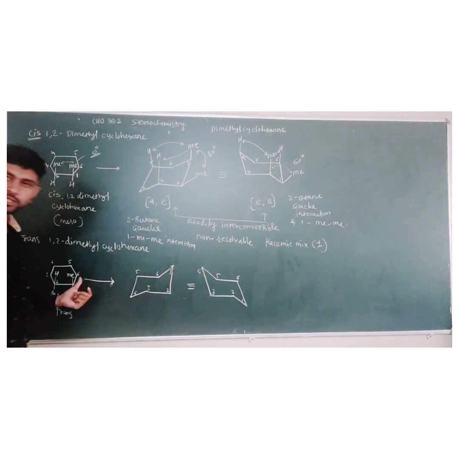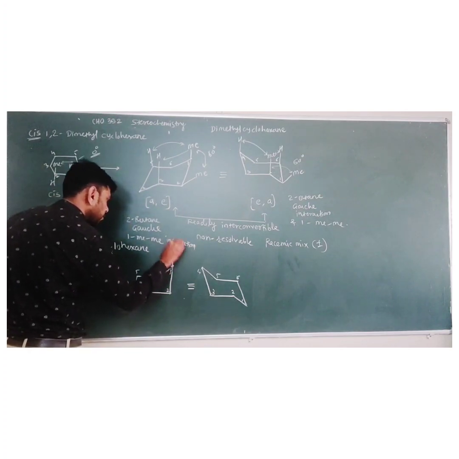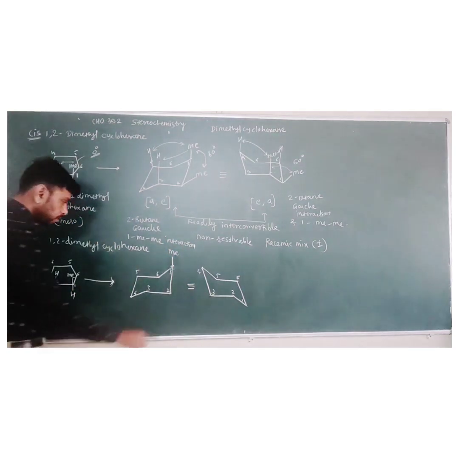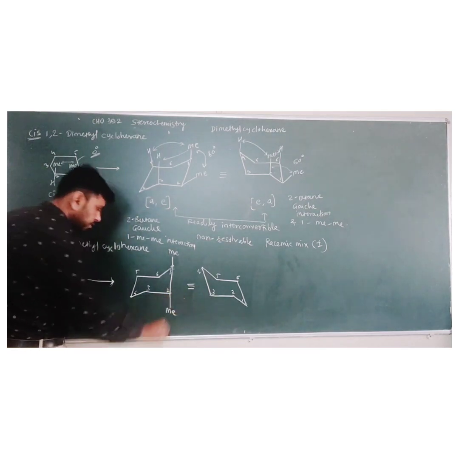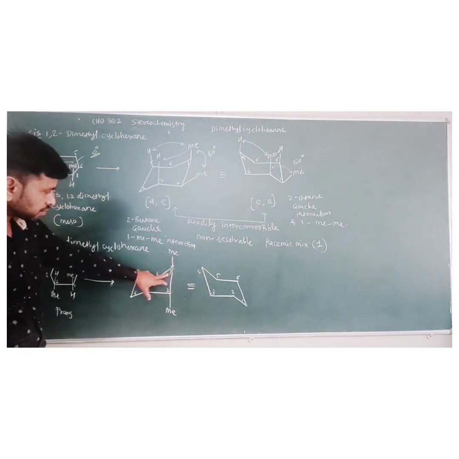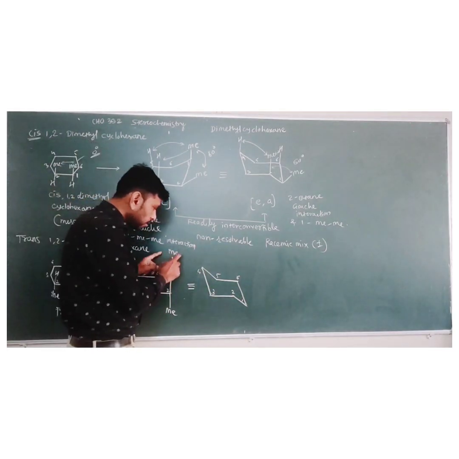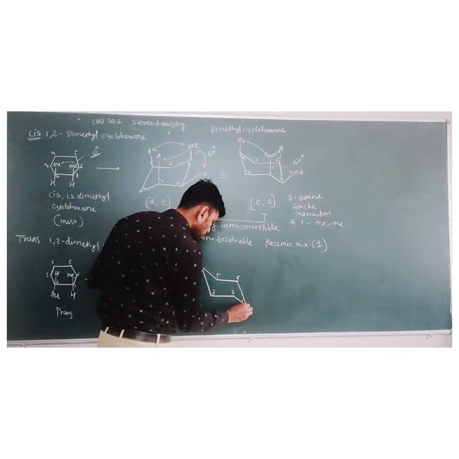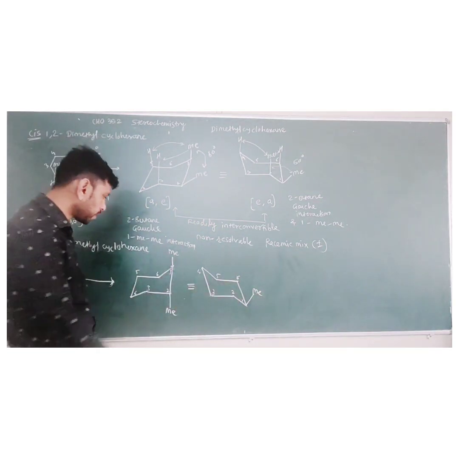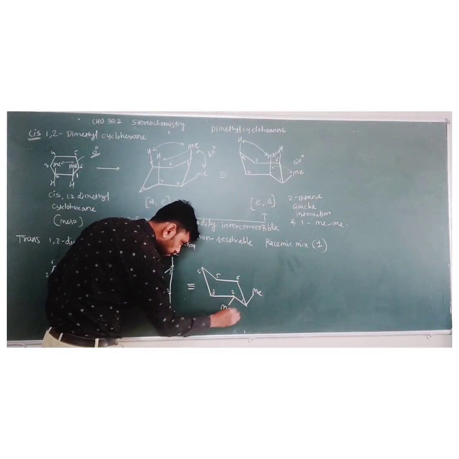See this. Position number 1 contains the methyl group on the upside, so it must be written as an upside methyl. Carbon number 2 contains a methyl group on the downside, so it is on the downside. Now when this structure is flipped, carbon number 1 is shifted here, but the methyl group remains on the upside only. So I write the methyl group on the upside at carbon number 1, and at carbon number 2 the methyl group on the downside.